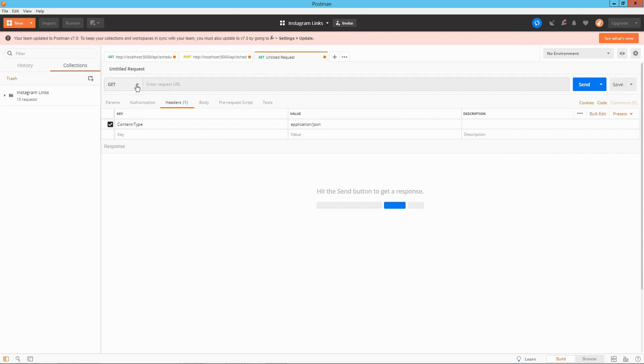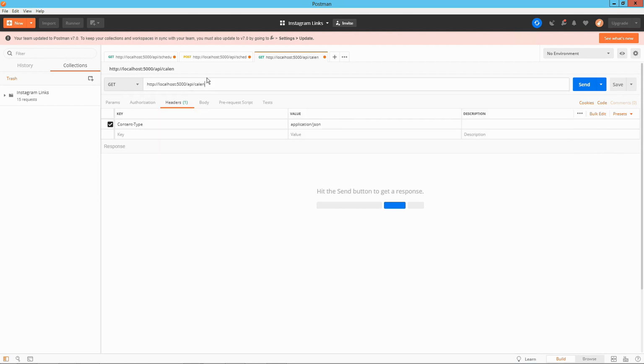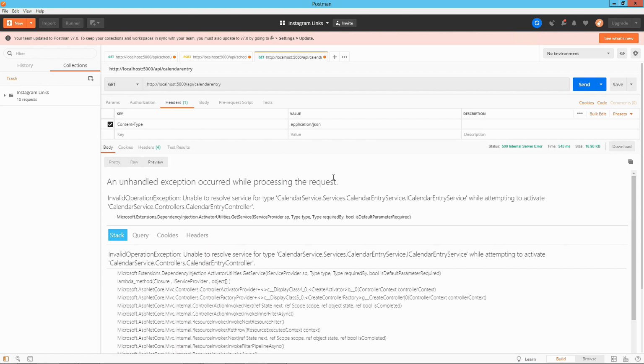We can enter the HTTP method right here, but this is a get method, and here we add http://localhost:5000/api/calendarentry, hit save, hit send,